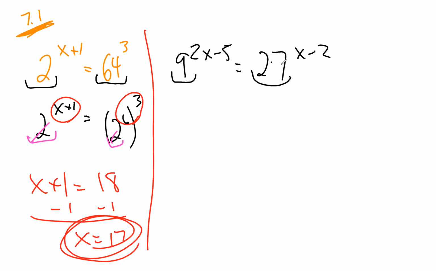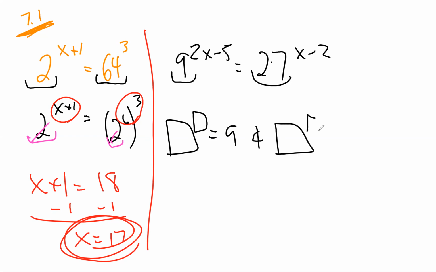And we always want to do the smallest base we can. We want to know, is there any way that the number 9 can be raised up and give me a nice, neat 27? Well, no. There isn't, not nicely anyway. So we can't do that. So we have to look at 9 and 27 and ask, is there any other base that can somehow become 9? Is there a number that if we raise it to a power equals 9, and that same number raised to a power equals 27? Yeah, it's 3.